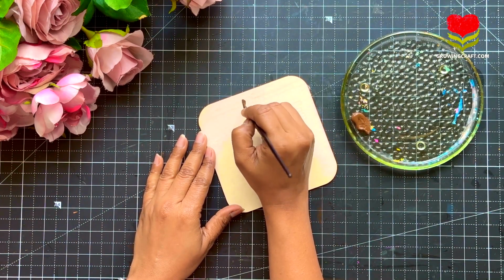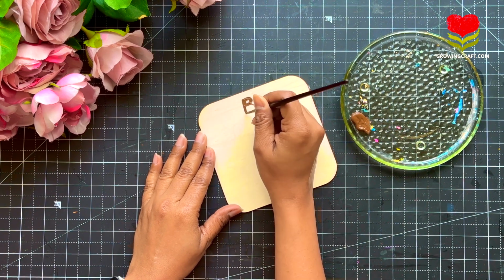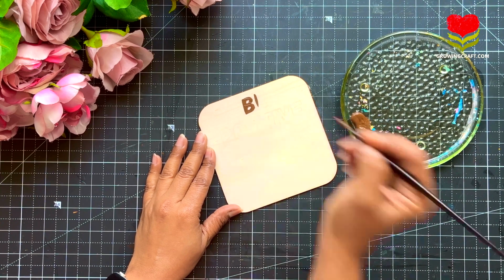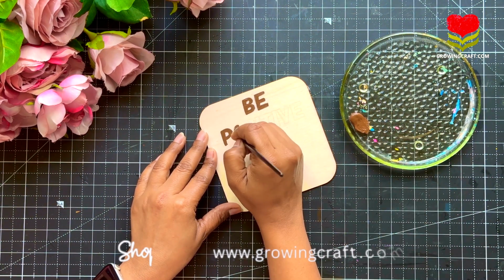So after doing that work, here I have taken up my chalk paint, acrylic paints, and I have mixed it really well, and I'm going to do a beautiful quote work. Now I have already traced the quote which I want,